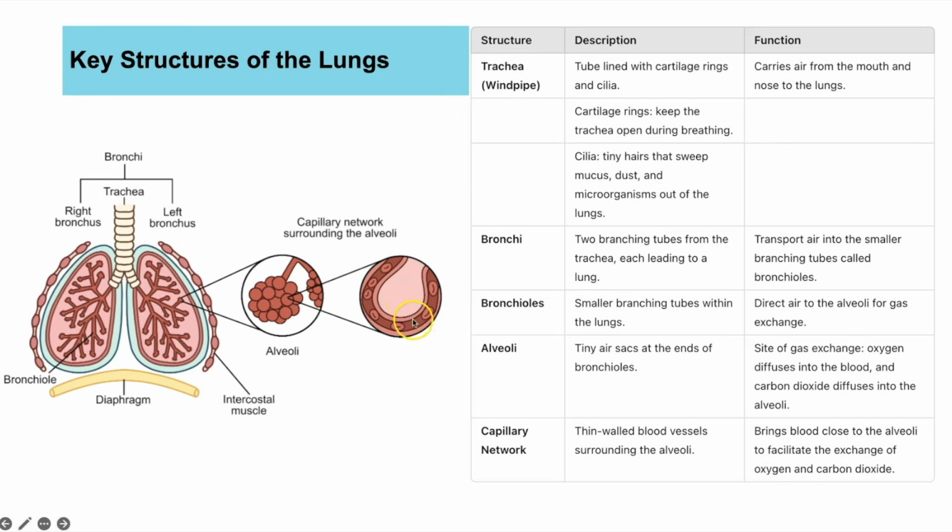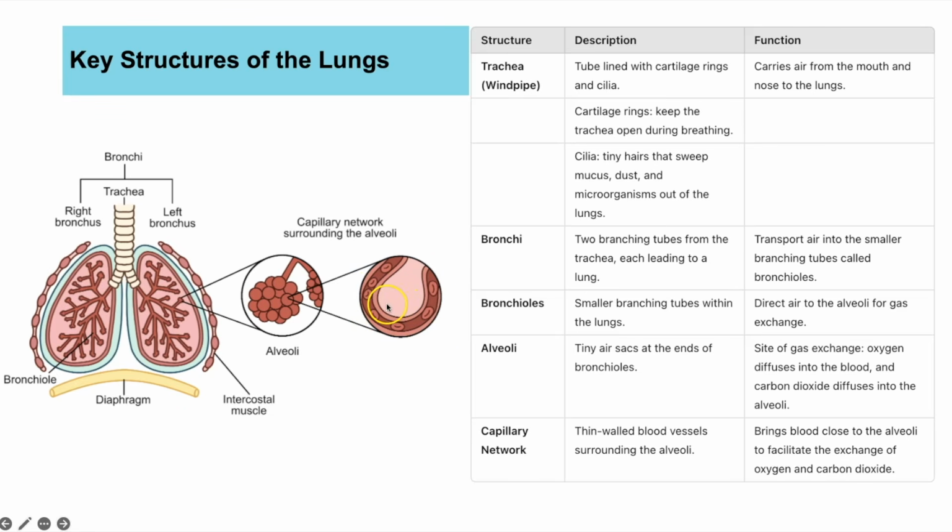If we zoom in, this is what it looks like. And this is literally where gas exchange happens. So the alveolus is just an empty air sac. So this bit here in pale pink, that is the alveolus. And it's just made up of a single layer of cells making a wall. And because it's such a thin layer, it's just a single layer of cells. On the outside, this is a capillary, a blood vessel, and we've got red blood cells flowing in the blood